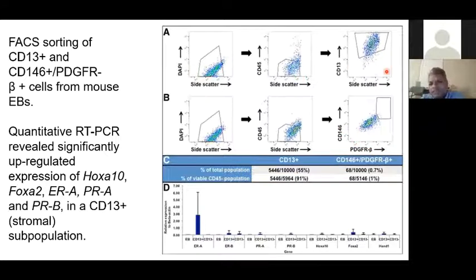We sorted them using FACS, and then looked for the different markers of endometrium by qPCR, and we were able to see that the CD13 positive cells, the stromal cells, differentially express the estrogen receptor A and B, progesterone receptor, HOXA10, FOXA2, and HAND1. So these genes are all specific for endometrium generation or endometrial cell type markers,